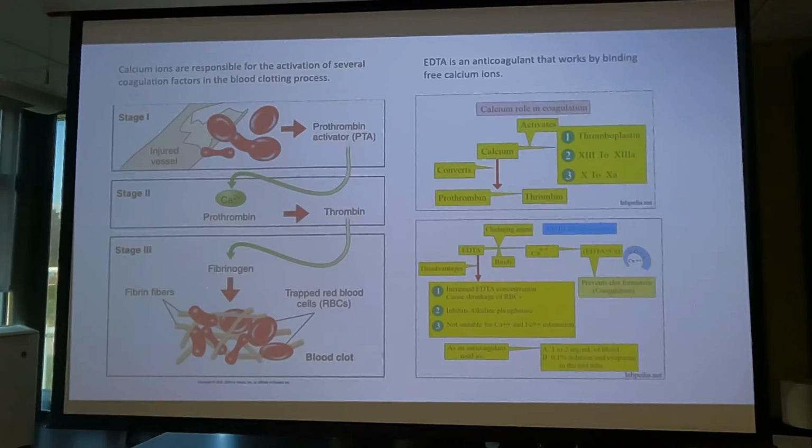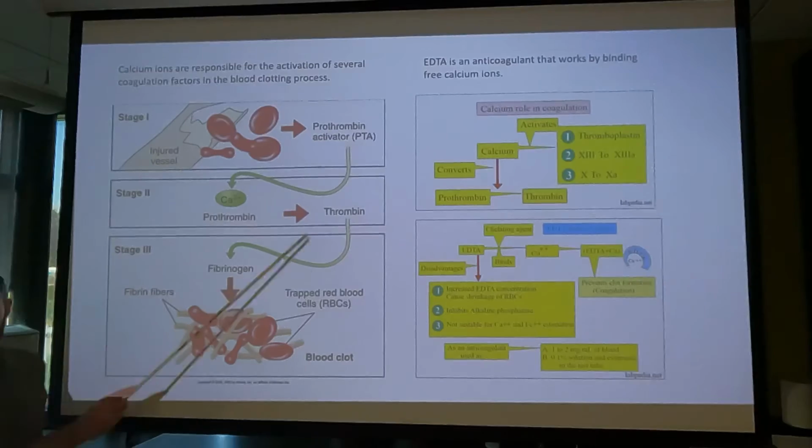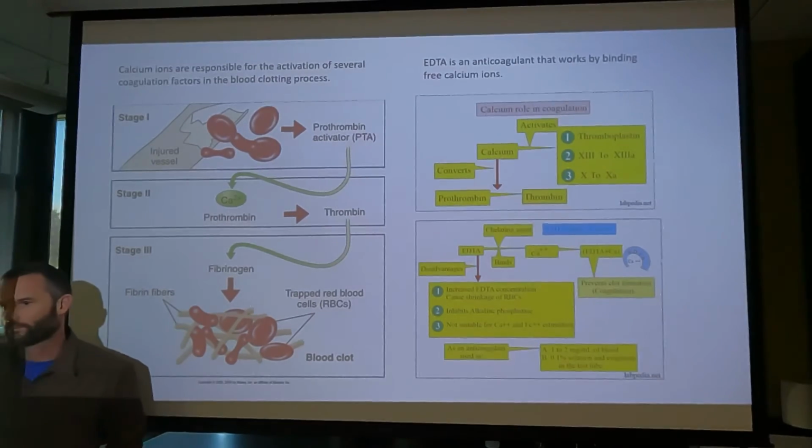And then the last few slides just have to do with some other elements. Calcium, besides being important in the bones and teeth and the nervous system, is also critical for the blood clotting process. Here's an injured vessel, and there's a bunch of clotting factors that have to come in to clot the vessel and try to fix it. And calcium is critical for activating these clotting factors.